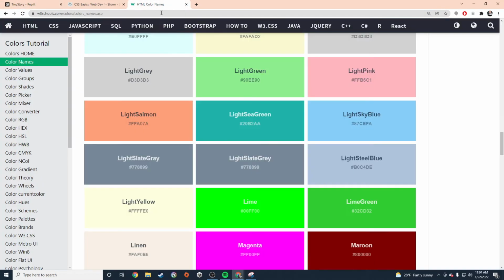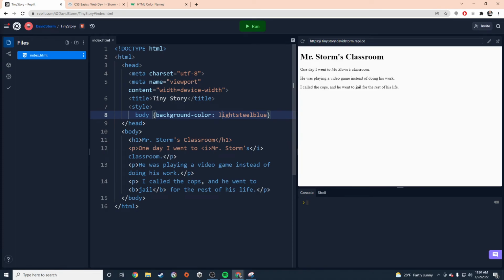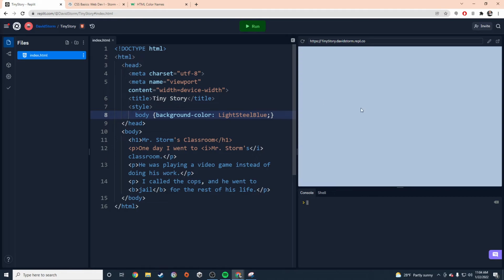Now, notice that I did it lowercase. It wants a capital letter before each new word, but there's no spaces in the name. So I'm going to come back here and just fix that. Light steel blue. Now, if I've done it correctly, then when I run this page, notice that my background color is now